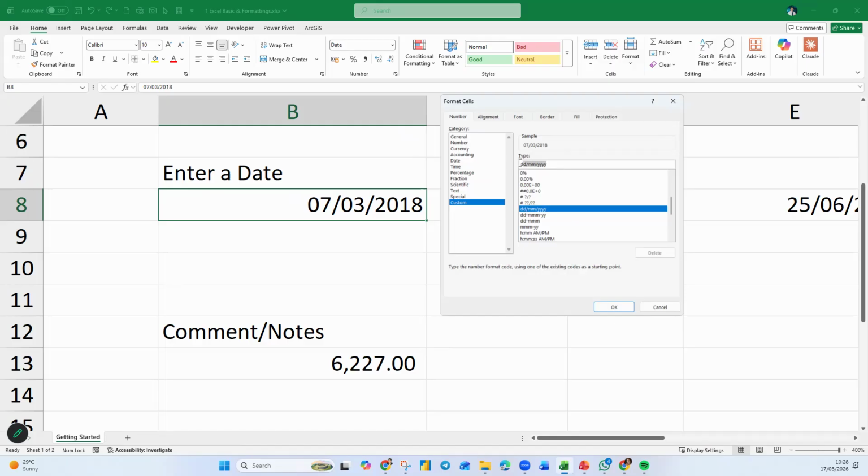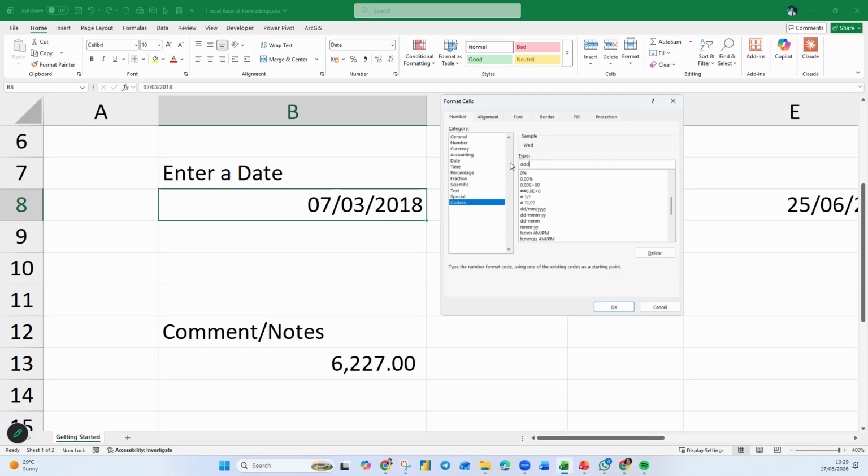Now I'm going to do a little experiment here. If I put 1D, it shows me 7, because it is the 7th of March. 2D, you get 07. If I put 3D, it will not show me 7 or 07, but it will show that 7th of March 2018 is a Wednesday. It tells me what day it is, in short form.